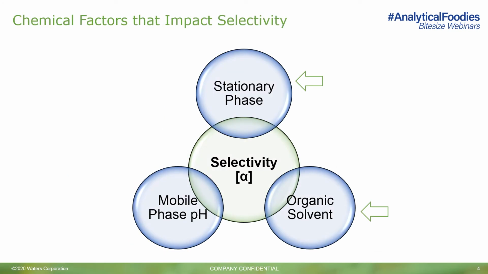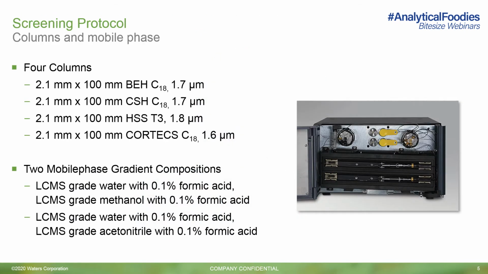The method parameters that can change our chromatographic selectivity include our choice of stationary phase, organic solvent choices, and the additives and buffers used to control the pH of our mobile phase. In this episode, we will look at the effects of stationary phase and organic modifier choice on selectivity. The use of C18 columns is common practice for the retention and separation of different pesticide classes in multi-residue methods. There are many different types of C18 columns, and there are retention and selectivity differences between them, depending on the ligand and base particles used.